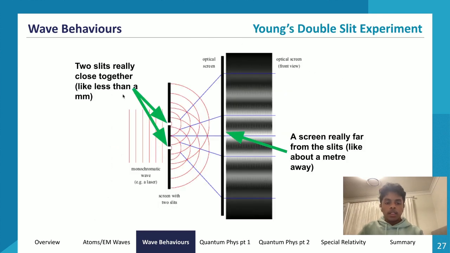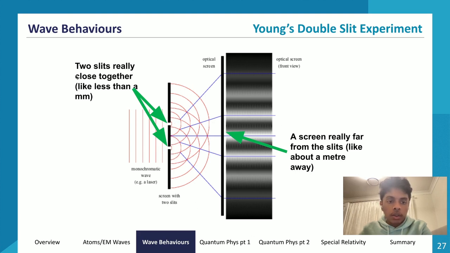So what is Young's double slit experiment? He did this to see whether light displayed wave or particle properties. What he did was take a light wave and shine it through two slits very close to one another. We have a monochromatic wave directed at a diffraction grating with two slits. As it hits these two slits, the wave diffracts through them and creates two point source waves. These start radiating out from the slits, and the wave fronts, if you can see over here, start intersecting. As they intersect, that shows wave interference.